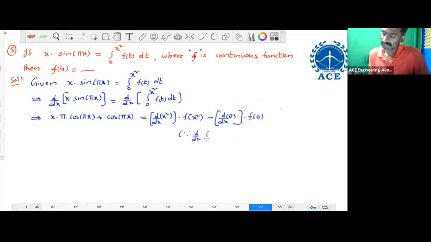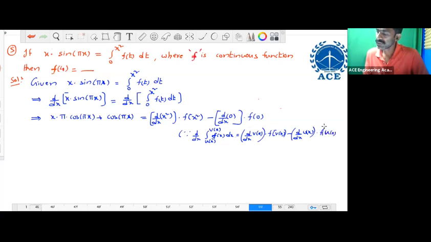d by dx of the integral from u of x to v of x of f of t dt equals d by dx of v of x into f of v of x, minus d by dx of u of x into f of u of x. It is just the upper limit minus lower limit formula. This is the property, which implies